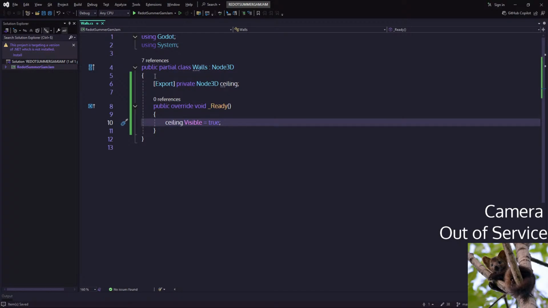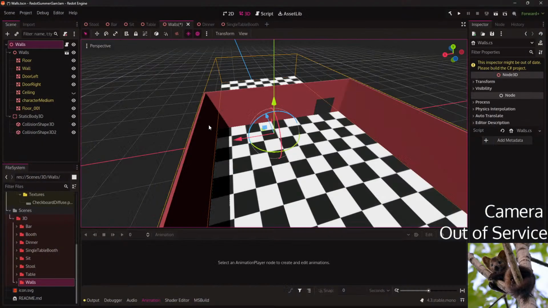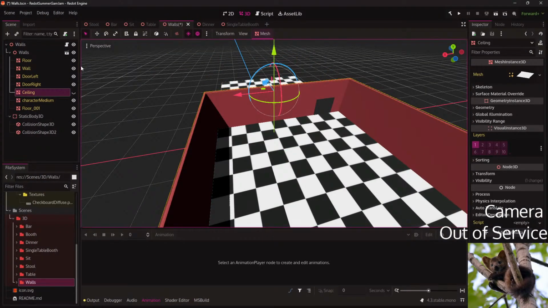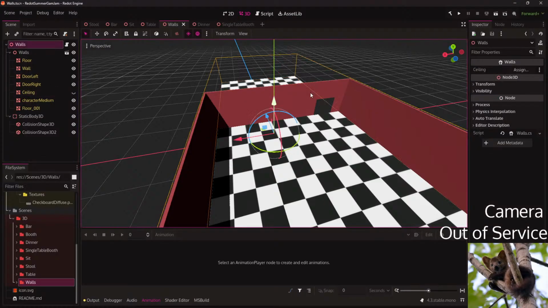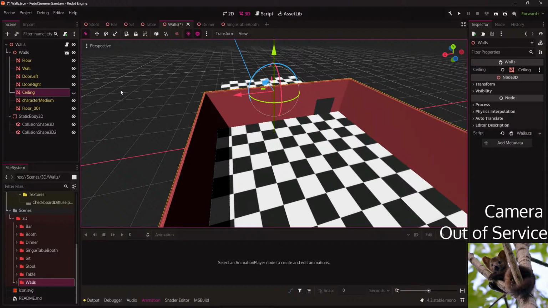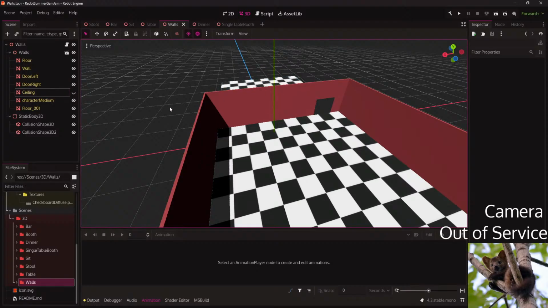Basically here I just want the game to automatically set the ceiling to true if I forget it for some reason. This looks like I can do that. Good.